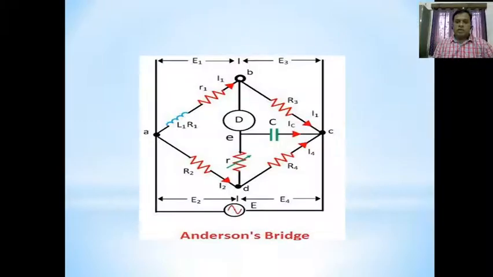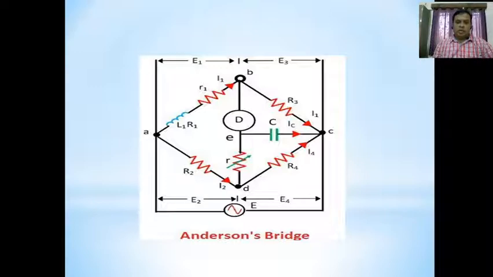So we have got the picture of this particular thing, where we can see that in Anderson's bridge a detector is placed, and as shown in the figure, the capacitance is placed between two arms, BC and CD. In between these two arms the capacitance is placed, and here we have a variable resistance placed between the detector and this particular point D. So we can differentiate here L1 as well as R1, R3, R4 and R2. So here there are inductances as well as capacitances.